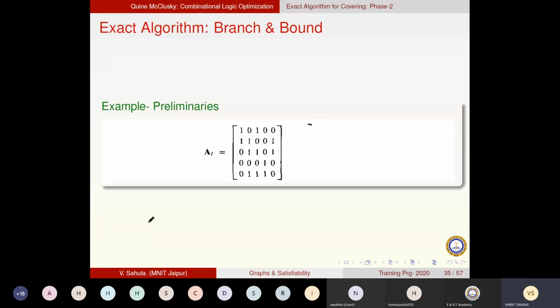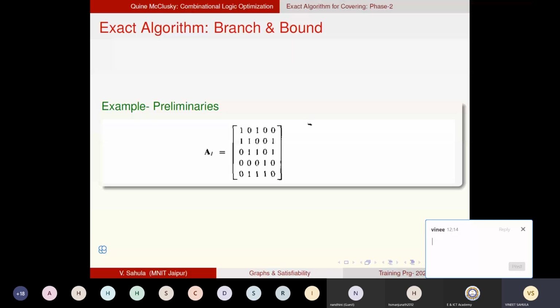So this is a phase 2 problem, a phase 2 matrix. It's an implicant matrix. So these are implicants, the columns. The rows are minterms. And this matrix is given to us. So each column covers one or more minterms. I have to solve it exactly. For an exact solution, I will have to take help of branch and bound, and the information will hang on a binary tree. First one chosen or not chosen, then along with those two, the next result will be second chosen or not chosen, like that.